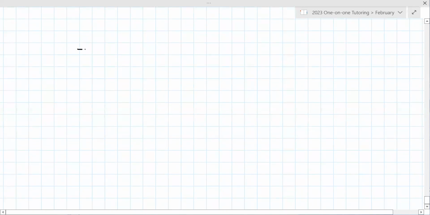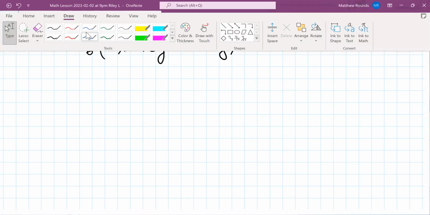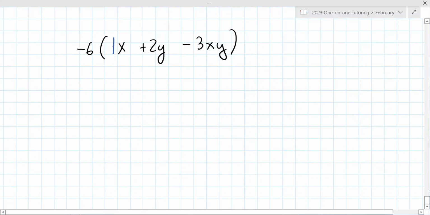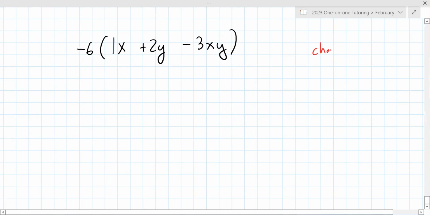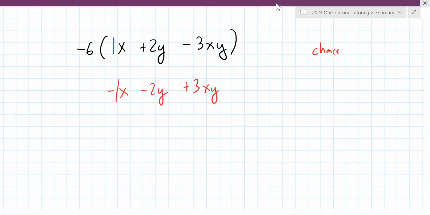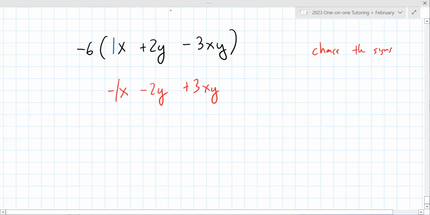Okay. So let's try another one here. Let's go -6 times x plus 2y minus 3xy. And again, it's always a good idea to put something in front of a variable if you're not sure what it is. It would be negative 1x, negative 2y plus 3xy, and then positive 6 in the front. Good. Yep, that's right. Now when you distribute,